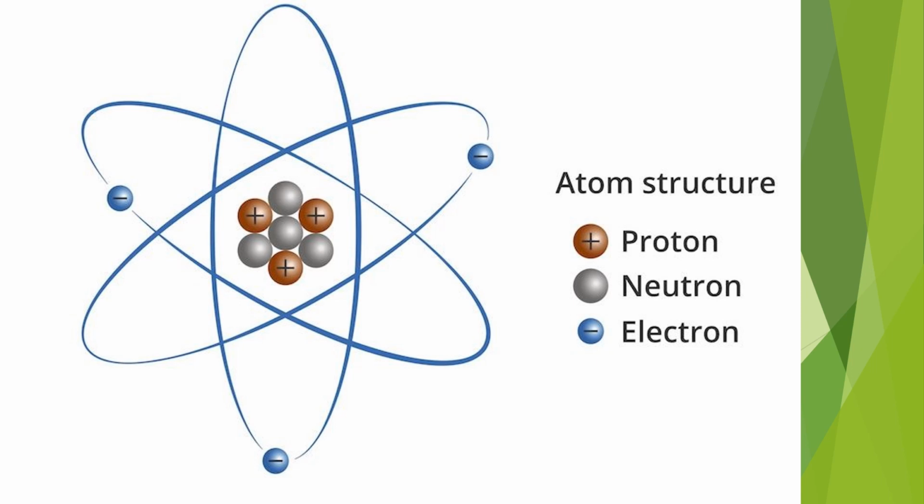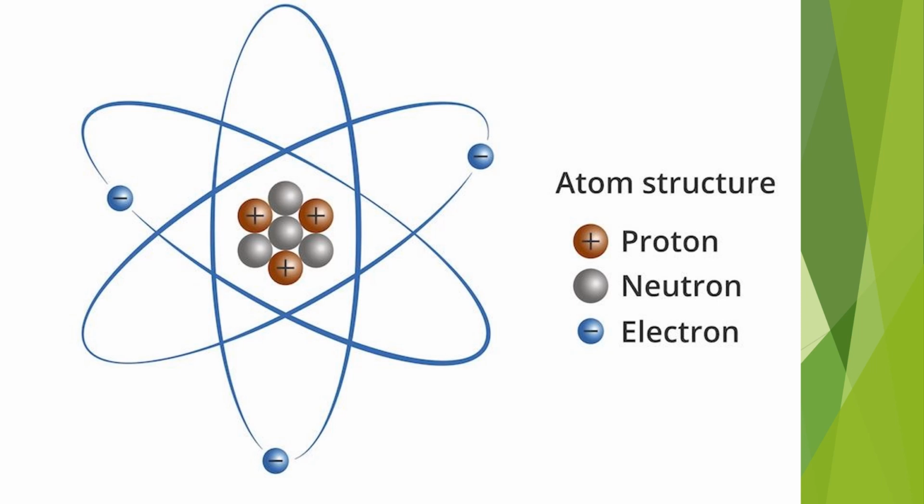One, positively charged proton, and second is no charged or neutral neutron. So the nucleus of every atom consists of positively charged particles and no charged particles. This nucleus is surrounded by shells or orbits or orbitals. These orbits consist of negatively charged electrons which keep moving in a circular motion.